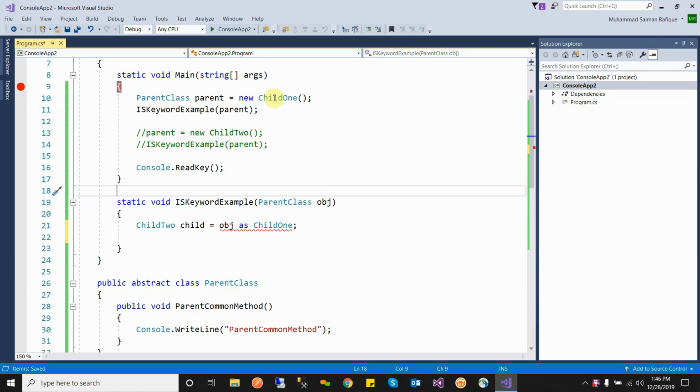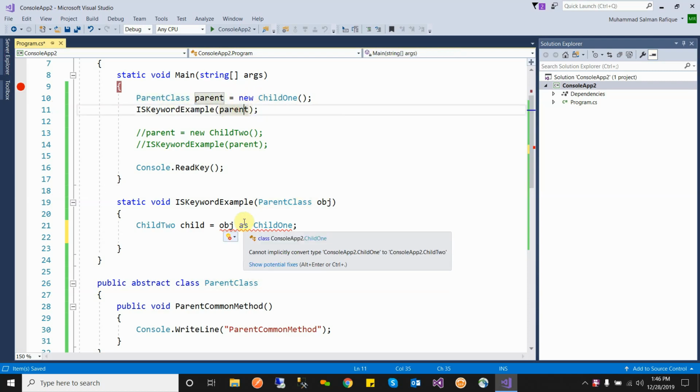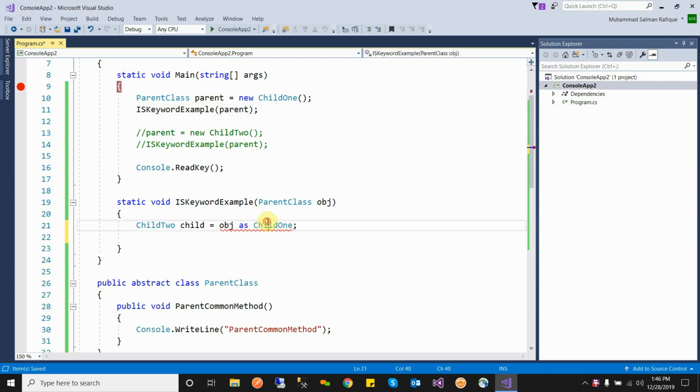I will pass a parent, Child1 to Child2. Also this is Child2, that is obj converted to Child1, and this will do if Child1 is not equal to null,